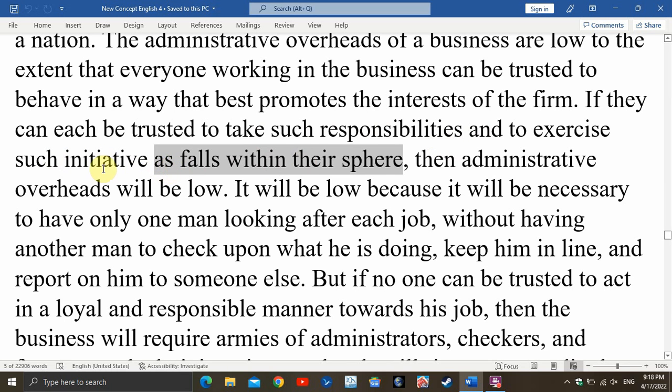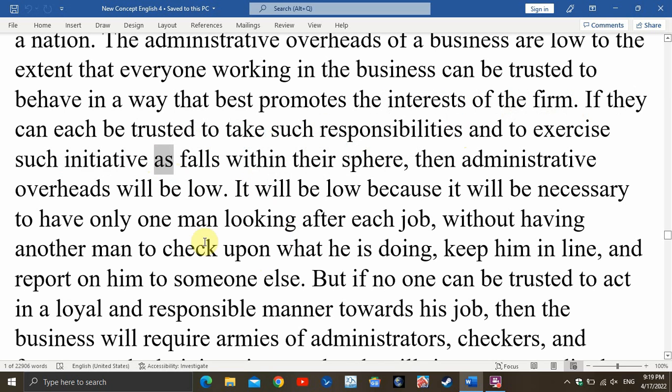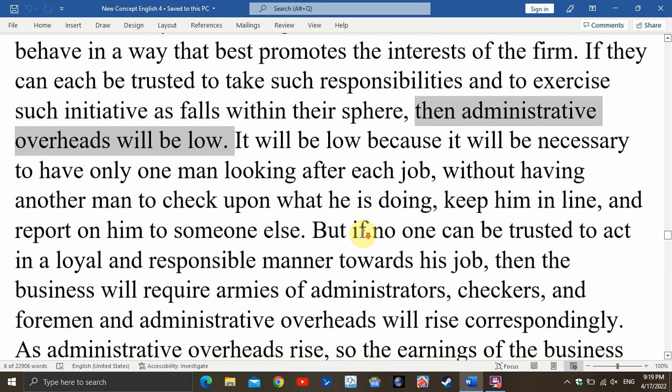这个 responsibility and initiatives，which falls within their sphere。那么这里，大家知道，如果是一般的关系代词，指的前面这个 responsibility 是复数，initiative 是单数，对不对？但是这个 as 呢，它是一种 general 的所指，就是指这种 responsibility 跟那个 initiative，它把这个都看成一个单数了，所以这个动词用了第三人称单数，as falls within the sphere。那么好，主句 then administrative office will be low，这个是主句。